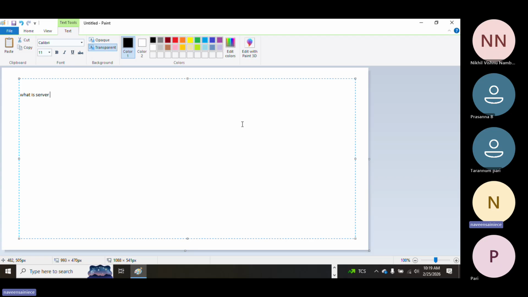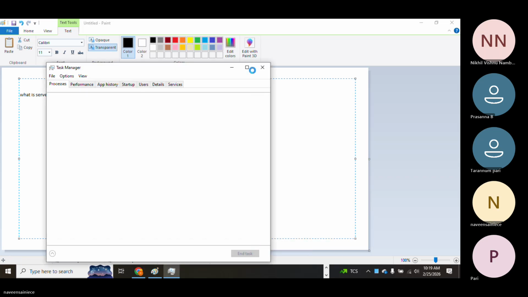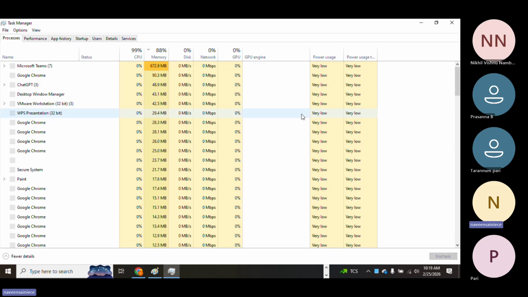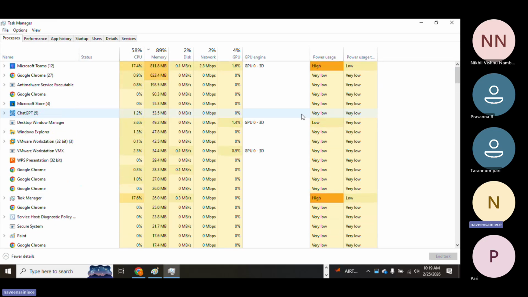Some processes are running, the processor is running the process, and my applications and processes are running. You can see here in the desktop task manager. If you open Task Manager in any Windows, so many tasks and processes are running. Who is actually processing?